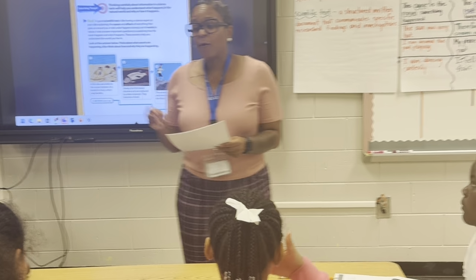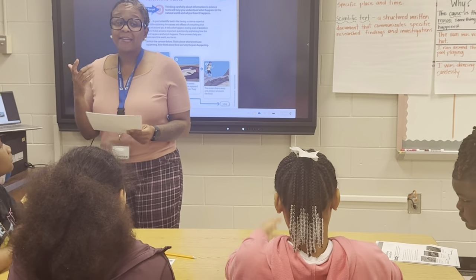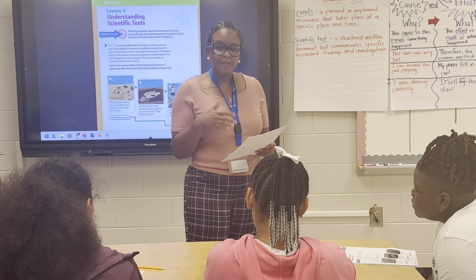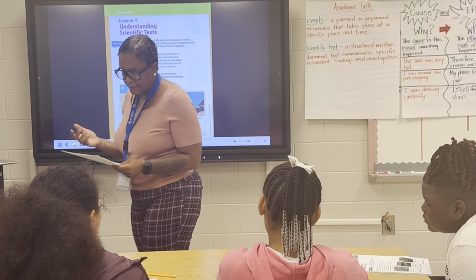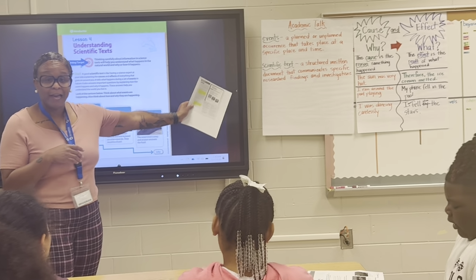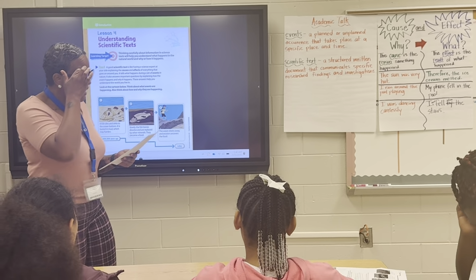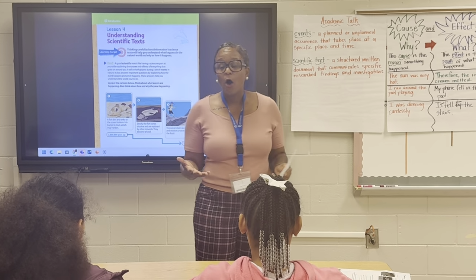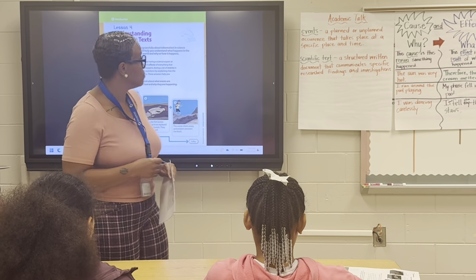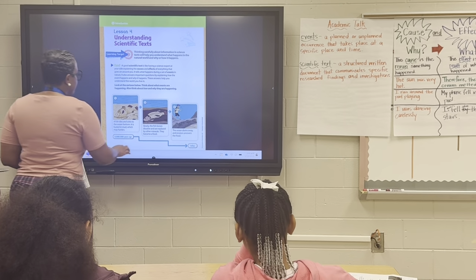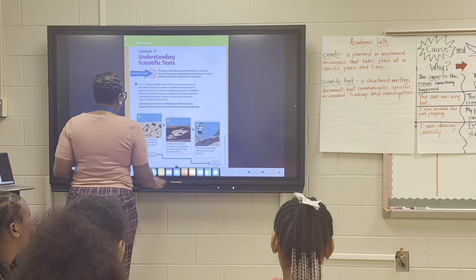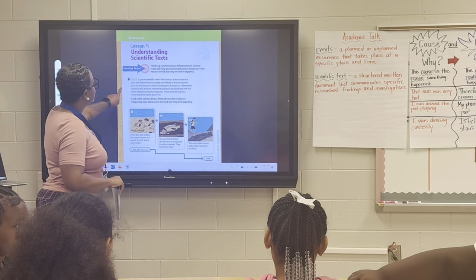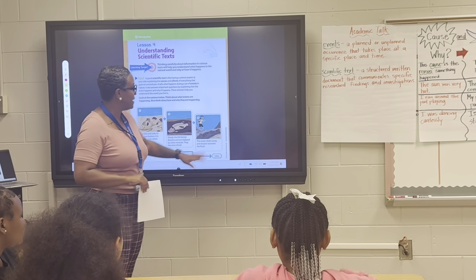Great. So when we're reading this scientific text, it's a good idea to stop and ask yourself not only what happens, but also why it happens. When you connect the cause and effect, just like we connected the cause and effect over there, it tells you the natural process of why something happens, and it will help you better understand the text, okay? All right, so let's read together while I put my annotation back up. I want my highlighter because I'm going to highlight with you. Let's read the reading part and then go through this passage together.